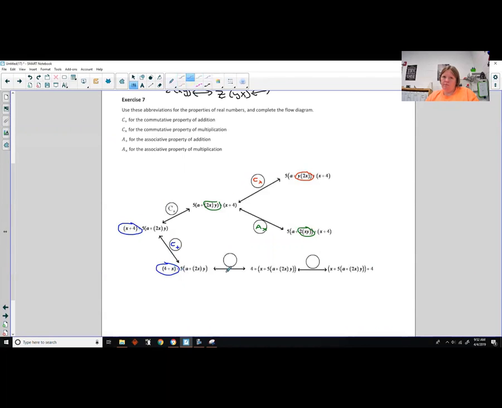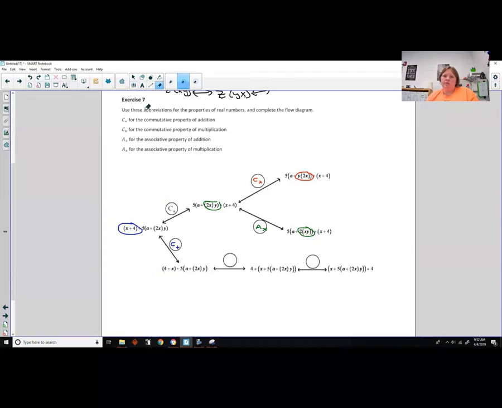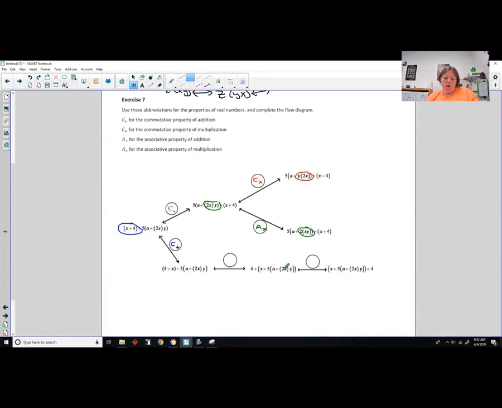Okay, let's change colors again. What's changed from here to here is, let me erase this circle. We have the y, we have the 2x, we have a, we have x. So 4 plus x plus 5, 4 plus x plus 5, a plus 2xy, a plus 2xy. Everything's in the same exact order, so that guarantees the associative property, because the only thing that's changed is the parentheses. And it went from the 4 plus x to